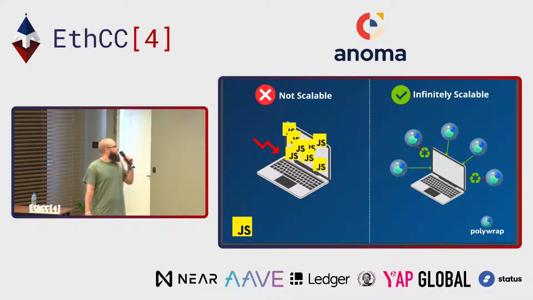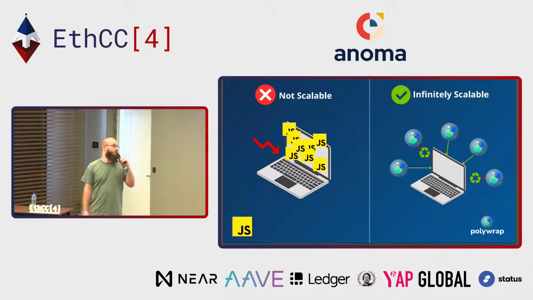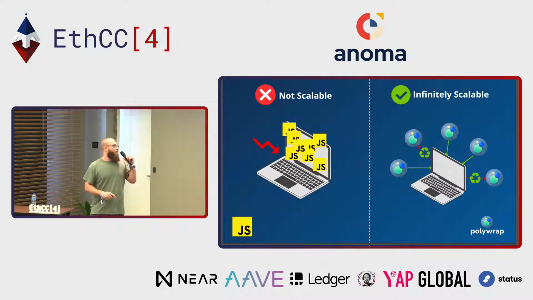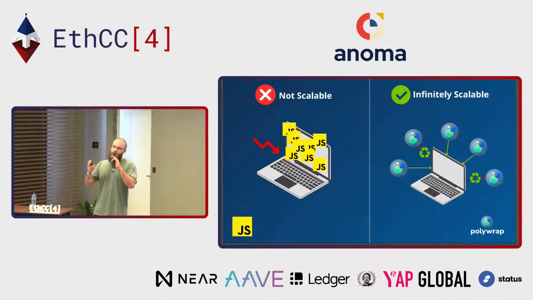And so that's cool. And then on the not scalable point, if you build an application with lots of JavaScript SDKs, performance degrades, load time degrades, a lot of stuff. And then with Polywrap, what we do is we pull down all of the wrappers that we need, and we get rid of the ones that we don't. And so this allows you to basically add an infinite number of integrations into your application, and the garbage collector will basically get rid of the modules that it doesn't need, and you can tell it, hey, keep my runtime heap size to like 5 megabytes. And so it'll basically make sure that it only keeps on hand the polywrappers that it's using,